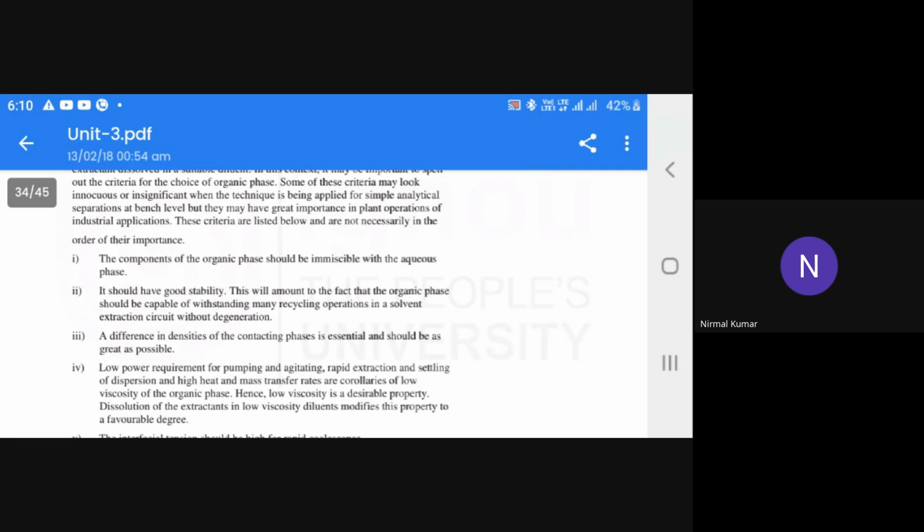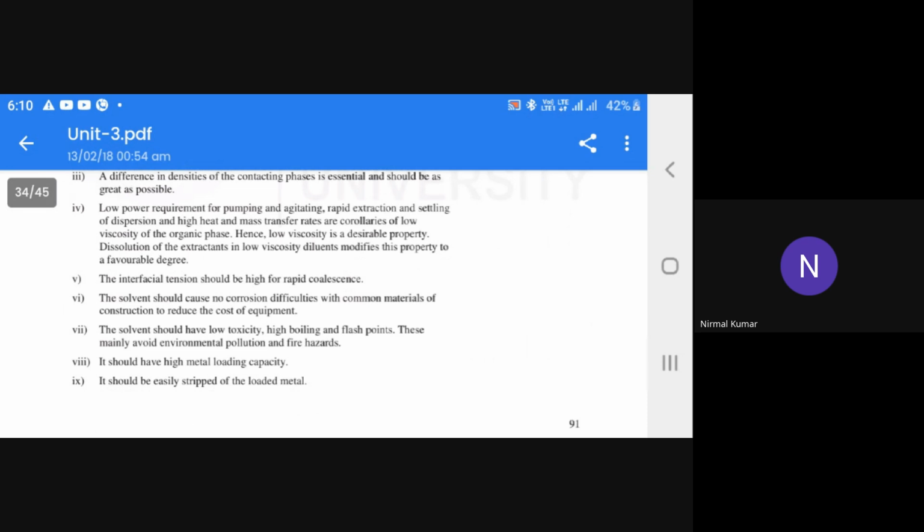Low power requirement for pumping and agitating, rapid extraction and settling or dispersion, and high heat and mass transfer rate are corollaries of low viscosity of the organic phase. The interfacial tension should be high for rapid coalescence. The solvent should cause no corrosion difficulties with common materials of construction, to reduce the cost of equipment. The solvent should have low toxicity, high boiling and flash point, mainly to avoid environmental pollution and fire hazard, and it should have high metal loading capacity, and it should be easily stripped